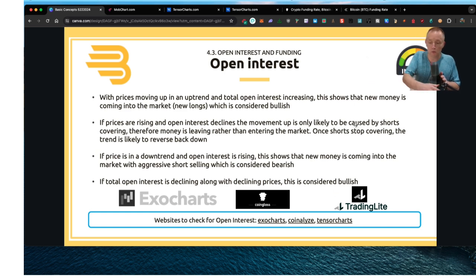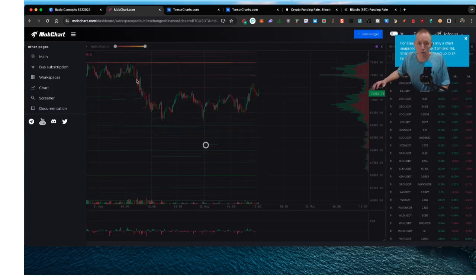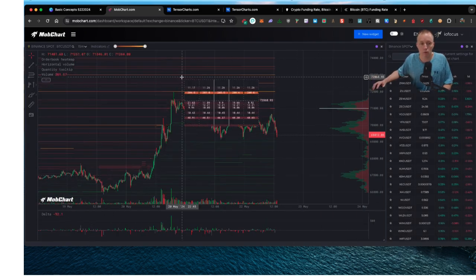Some of y'all might be familiar with TradingLite or maybe ExoCharts. I think both of those are subscription-based platforms, and I think they're both really good. I like some other alternatives I've been seeing out there too, so I wanted a chance to show them to you a little bit here. Some of them are cheaper alternatives. Some are doing different things. Some do similar things. But we're all about trying to empower and share here, right? So I want you to be using similar things that I find helpful and useful. That's what it's all about.